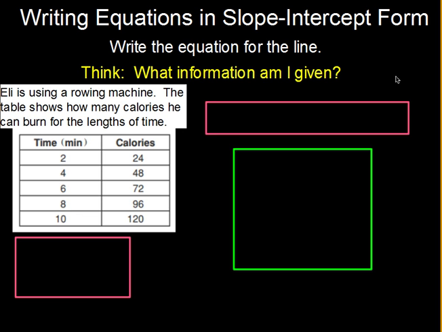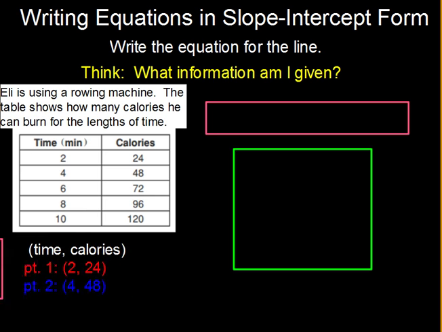Okay, let's say we have this table. Eli is using a rowing machine. The table shows how many calories he can burn for the lengths of time. So the information that we're given would be 2 points. Since we have a table, and a table is just a collection of points, we can choose any 2 points we want in order to find the slope. So let's say we chose 2:24 and 4:48, the time value being x and the calories being y,